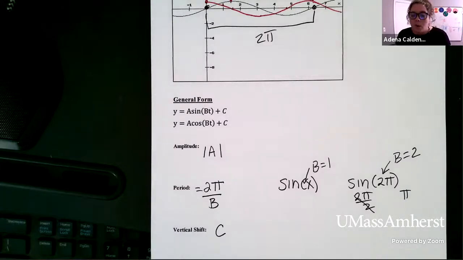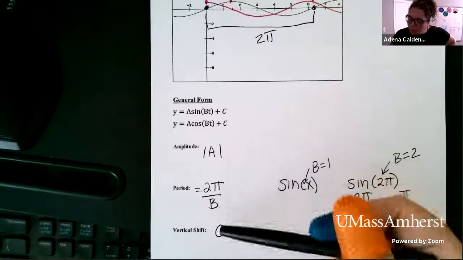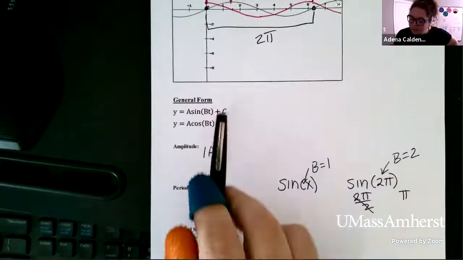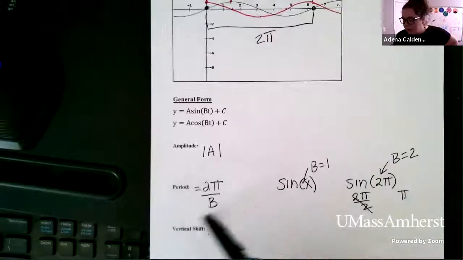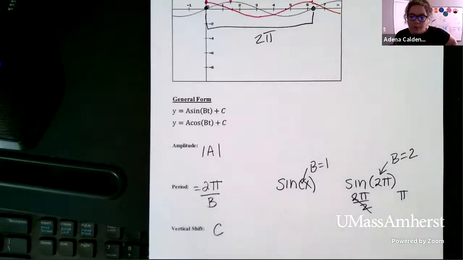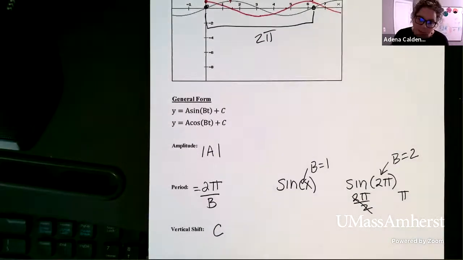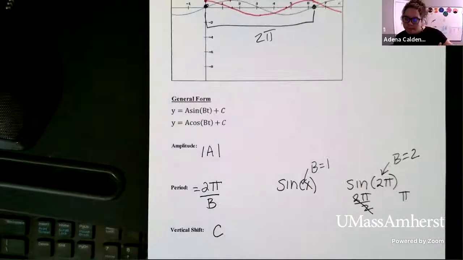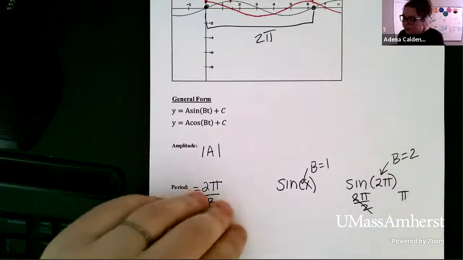Okay, so these are the 3 pieces that we need to solve for when we're trying to set up a general form. If we have our A, we can figure out the A part, right? The period helps us find B, and the shift will help us find C. So we know other ways to talk about this, right? Because we know the amplitude is the maximum value minus the minimum value divided by 2. But we need to start putting this all together.